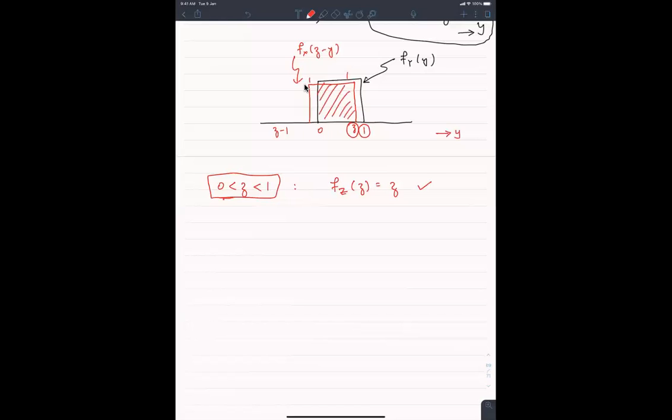ठीक है, अगर z आपके पास 0 से छोटा हो जाए, so that means this fx of z minus y, ये रेड वाला जो आपके पास फंक्शन है, ये इस एज से पीछे निकल जाएगा। So in this case the area under the curve of the product of the two curves, ये रेड और ब्लैक को मल्टीप्लाई करना है, और मल्टीप्लाई करने के बाद उसको आपने इंटीग्रेट कर देना है माइनस इंफिनिटी से प्लस इंफिनिटी तक।